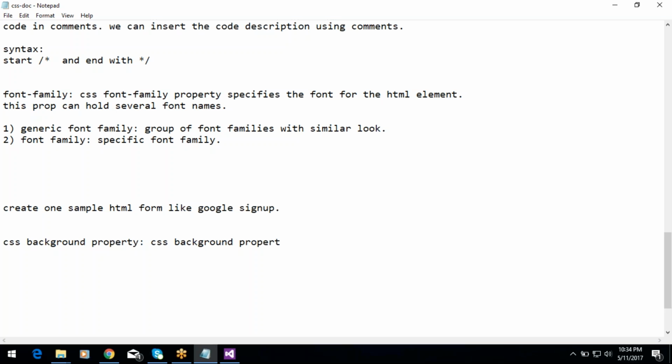Background properties are used to define background effects on HTML elements. Okay, so here the background properties are